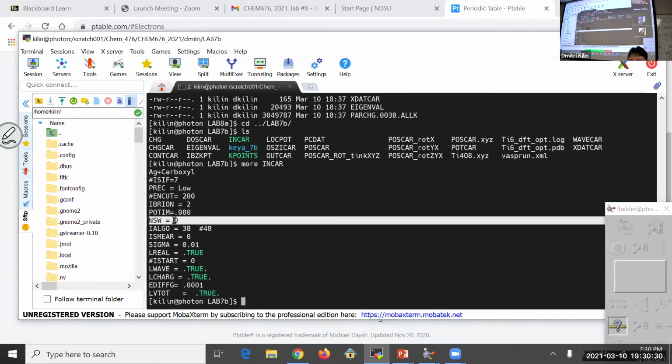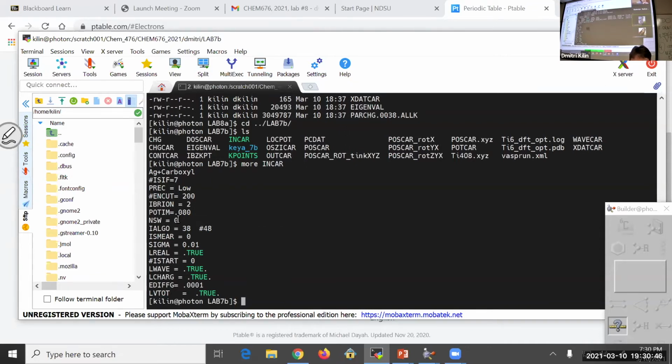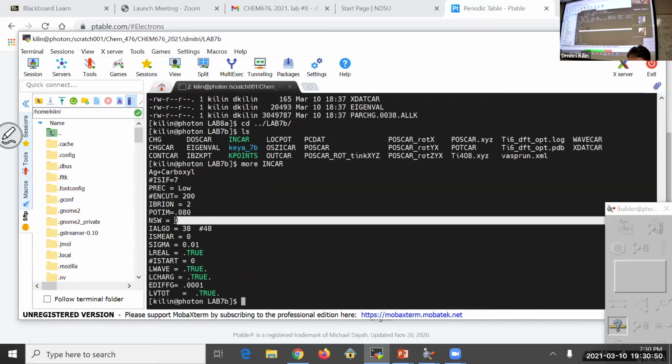I'm not encouraging you to do it right now because Photon is really our great friend and helper, but it is not as strong. When we move to NERSC, we will start doing optimization jobs and larger systems. But if you urgently want to practice something, you can relaunch VASP with a number bigger than 0, and you'll see that it will change geometry, hopefully to the good. Okay, so here,